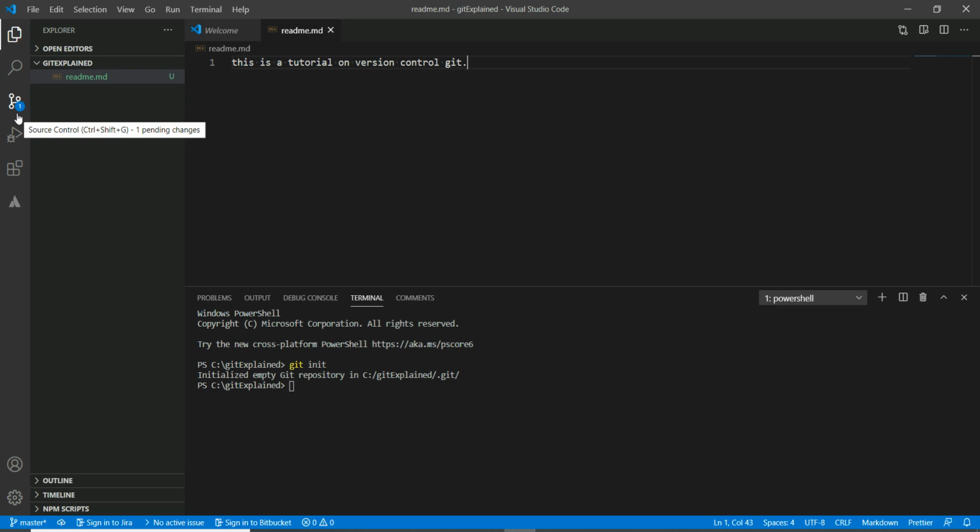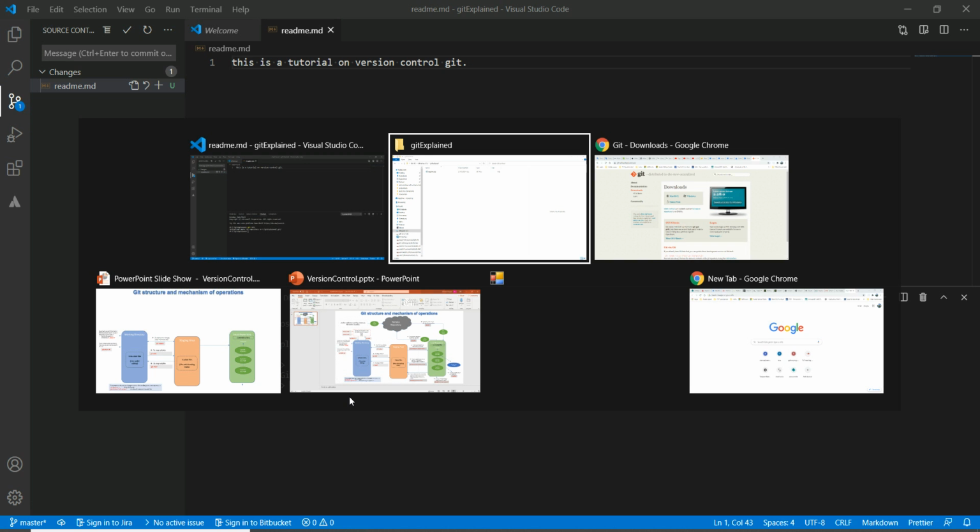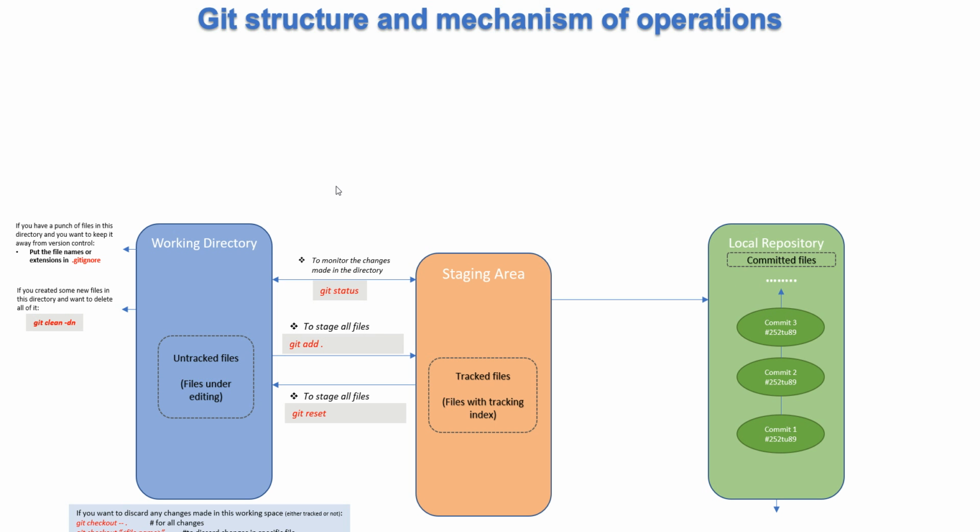You can see here there are some kind of changes here. If we press here, you can see that there are changes, and it marked one, which means that you have only one file. It changed it, and now it is here inside this. Now you can see that Git is able to read the changes made in the files inside a folder where you initiated a version control. Okay, so now it reads that the file is at this level in the working directory, but it is an untracked file. Okay,